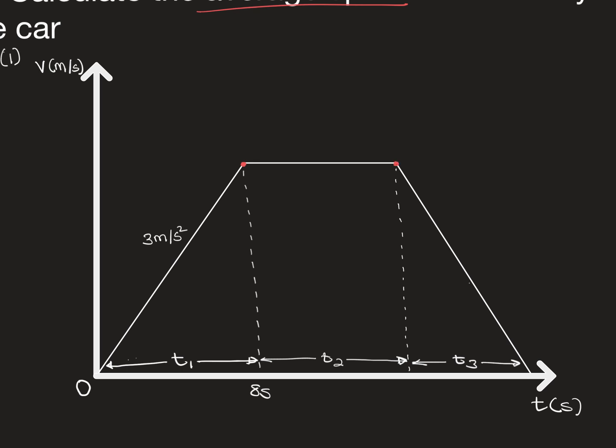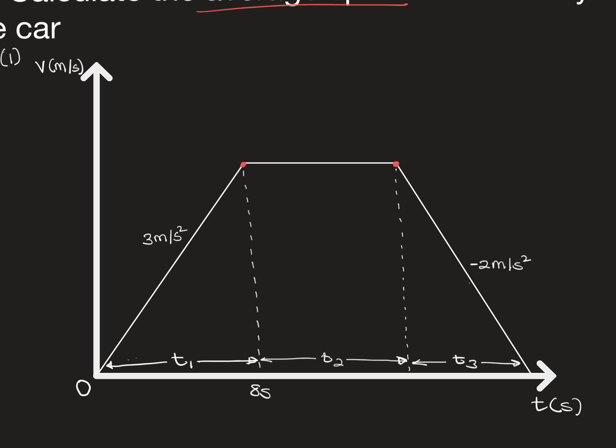This is how the velocity time graph is going to look for this event. We have a body that starts moving from rest and accelerates at 3 meters per second squared for a duration of 8 seconds. Then it maintains a constant speed for a particular period, T2, which we don't know. It then decelerates to rest for a particular duration, which we represent as T3. But the deceleration or the retardation was at 2 meters per second squared. So that will be a negative because we know that deceleration is a negative